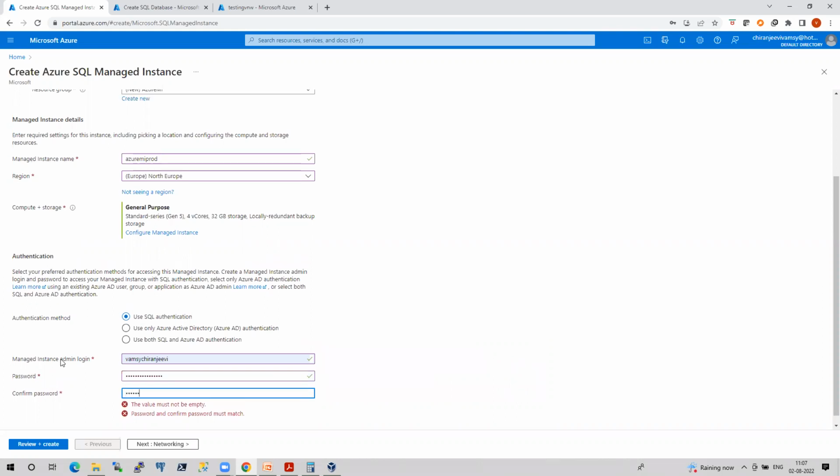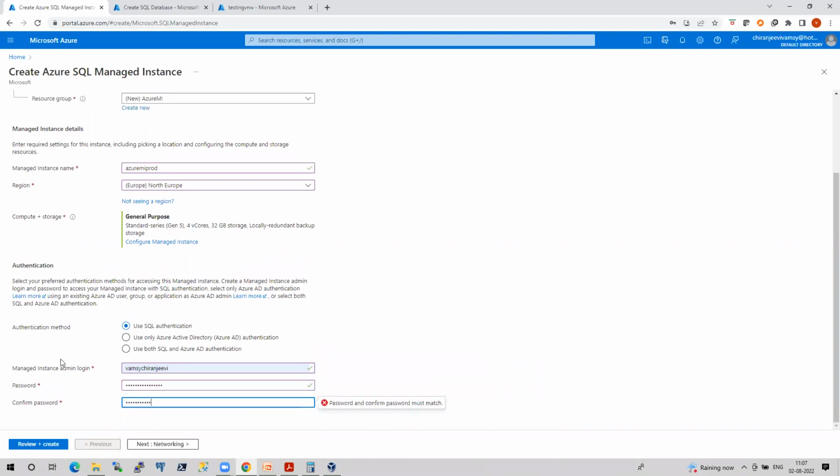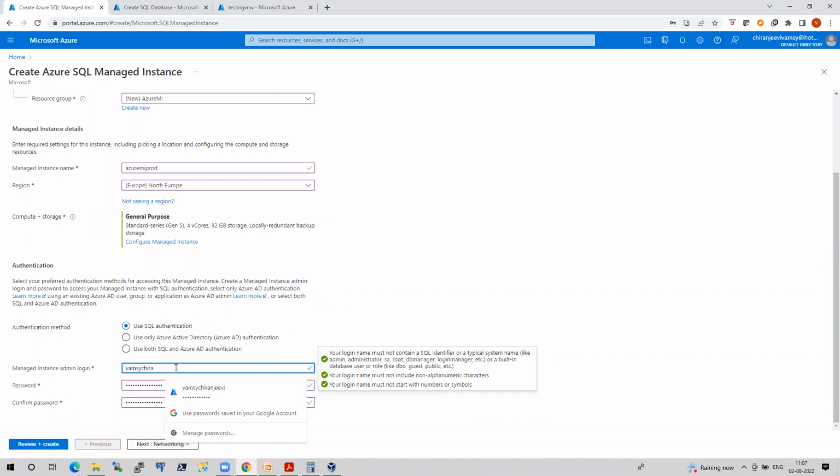Very lengthy password. Even I will forget, I think. Login name, the same name or you can reduce. We can adjust. I want just one C because I will never use this.